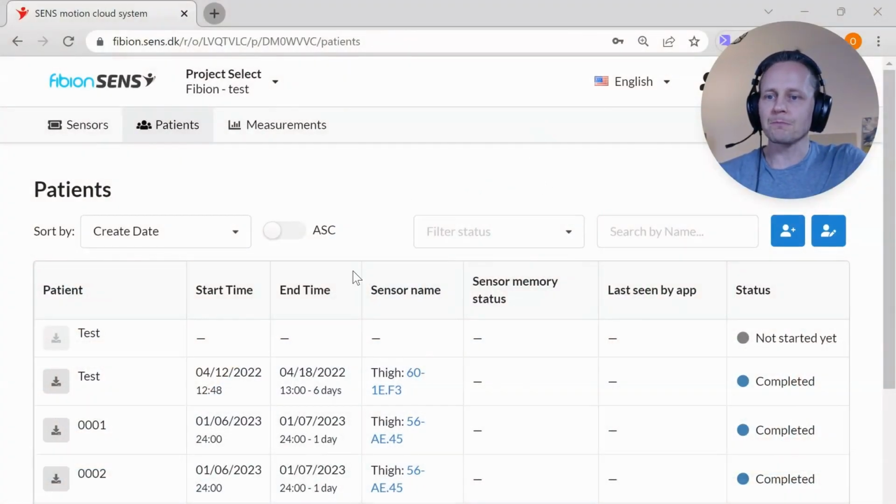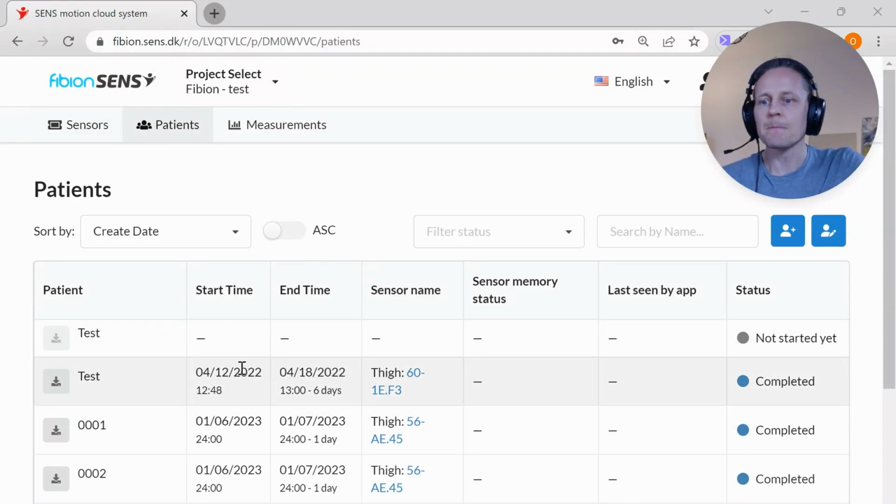Okay, so then I will show how you can export or create Fibion online and PDF reports from the patient tab. This is especially useful for creating the reports for participants, as the reports are easy to share, they are visual and also self-explanatory. So basically, what I want to do here, I am in the patient tab, I'm in the cloud, Fibion SENS.opy,